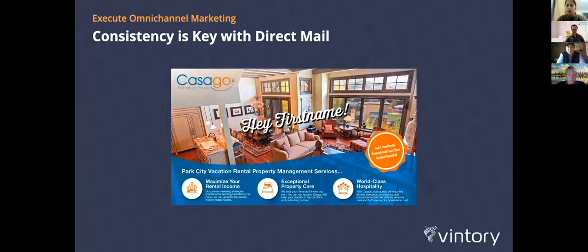So here's the thing, we're in this digital world, but guess what? Direct mail is not dead. The vacation rental industry is one of the few industries where direct mail still works. So Brooke, what are the hacks? The first with direct mail is consistency. And I'm going to say it again. The key is consistency. I'd much rather send 1,000 postcards 6 times to the same target than 6,000 postcards all